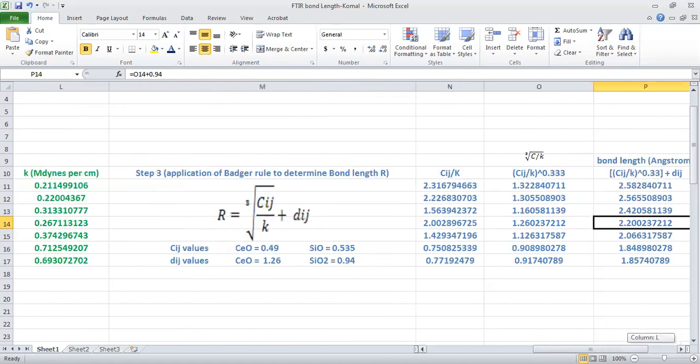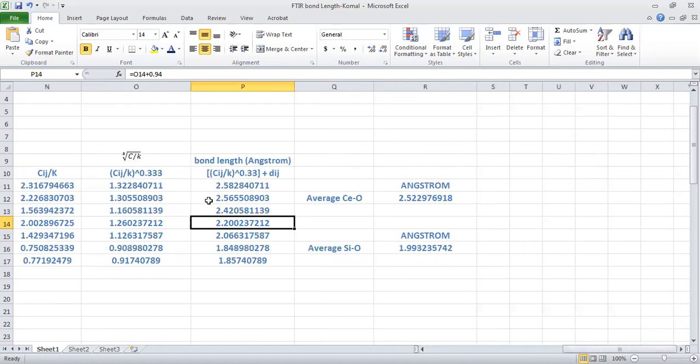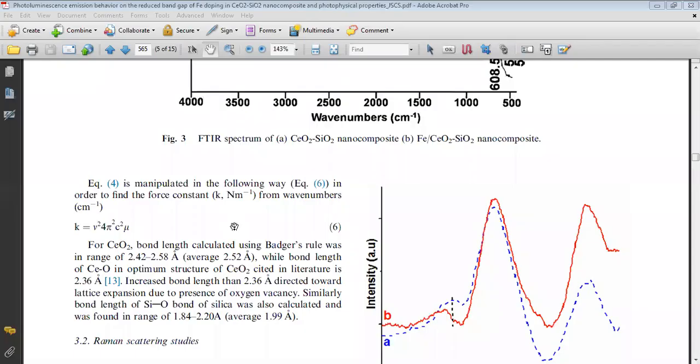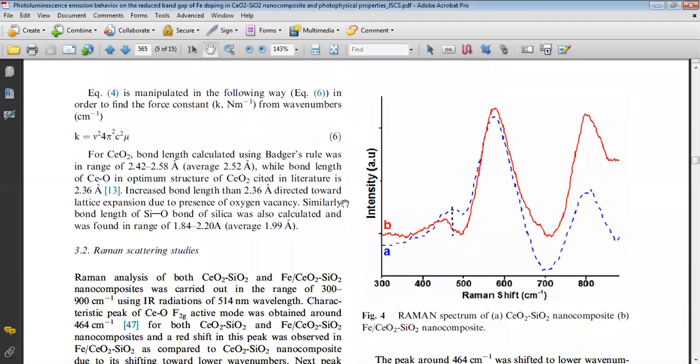And maybe you can calculate the average bond length, because these three are for the cerium oxide, and these four are for the silicon oxide. So you can take the average of these three and the average of these four to get the average bond length for the silicon oxide and the cerium oxide. So this is the way you can calculate the bond length. And again I am moving to the paper to show you the values. These are the values we have calculated through the Excel file, and the values are given over here, and you can match this value with the other